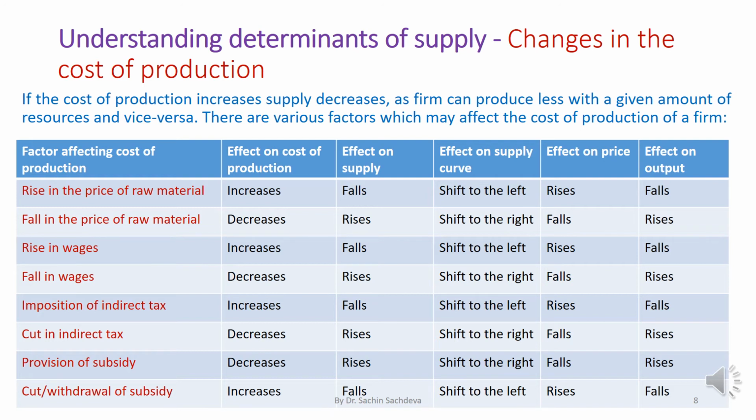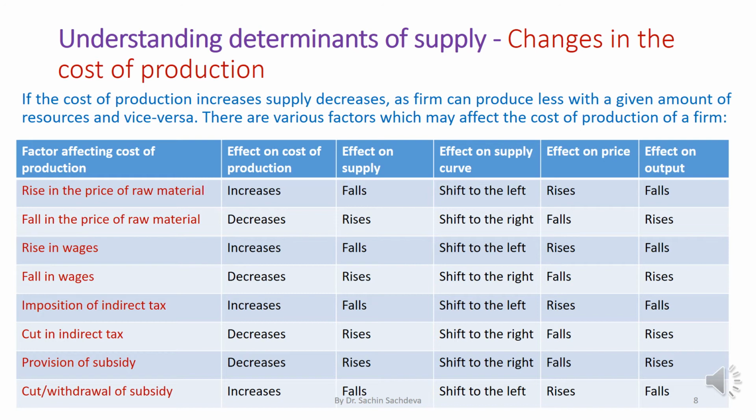When government imposes tax, it increases the cost of production for the producer. And if government cuts the tax, indirect tax here we are talking about, cost of production decreases. Similarly, I spoke about provision of subsidy. If the subsidy is provided by the government, the producer has to spend less money from pocket. With the given amount of money, added on from the government in the form of financial assistance, the producer will have more money, so the supply will increase.